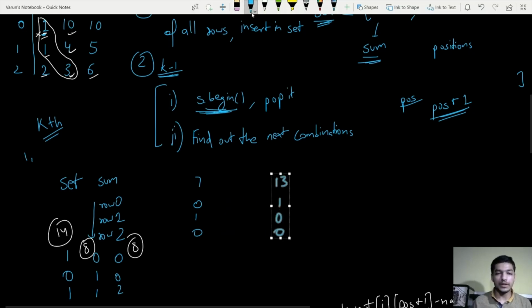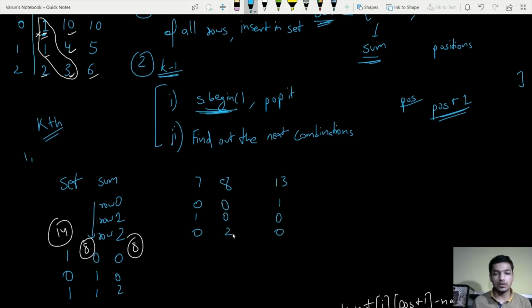Let's make space for 8. So 8 is inserted here, 002 and 011. This one will come first because there are two zeros, and according to the set, this will come first. So after this 14 comes 101. Now we have